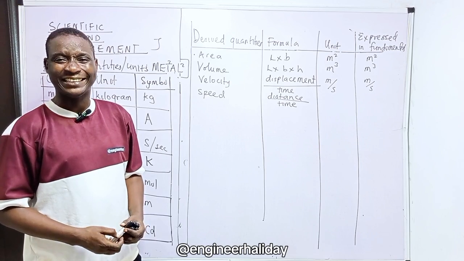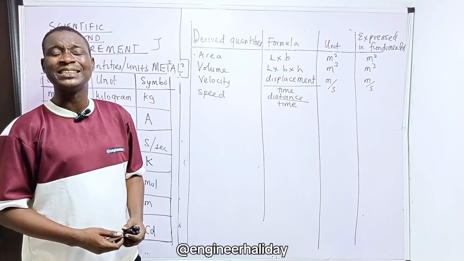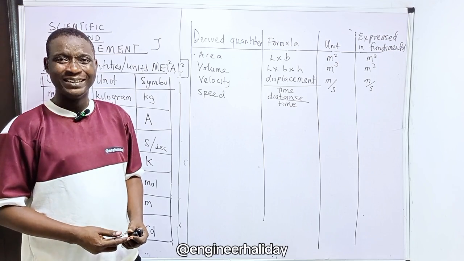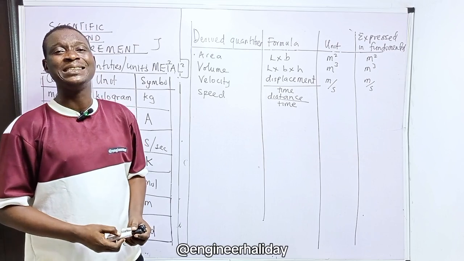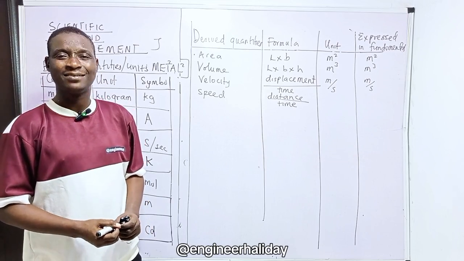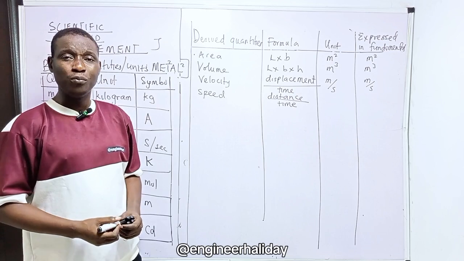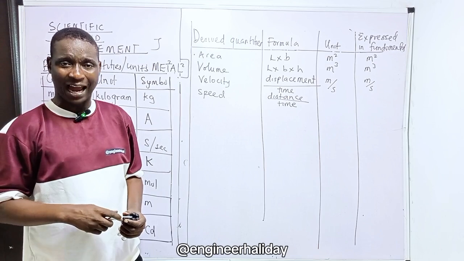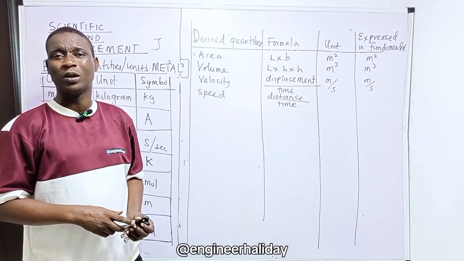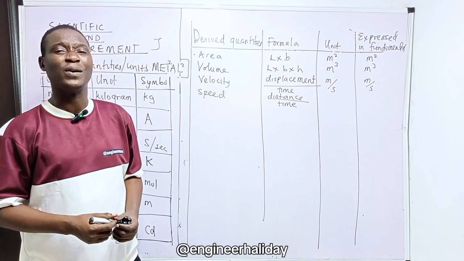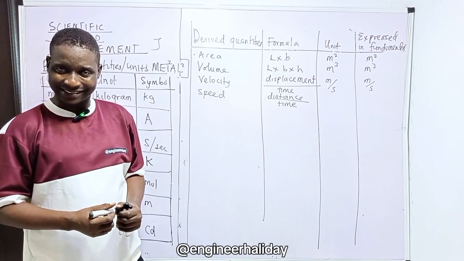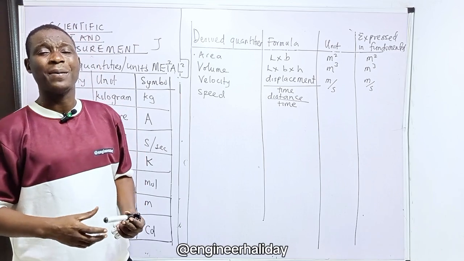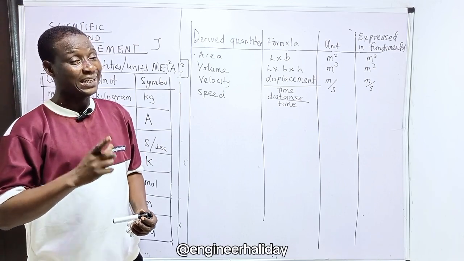What is the rate of energy or work? It is called power. What is the rate of power? It is called work. What is the rate of volume? It is called flow rate, which is area times velocity. So volume rate in physics means volume divided by time. What is the rate of mass? It is mass rate, which is mass over time. So when we talk about rate, generally we are talking about something divided by time. If I talk about rate of acceleration, don't forget it is jerk.